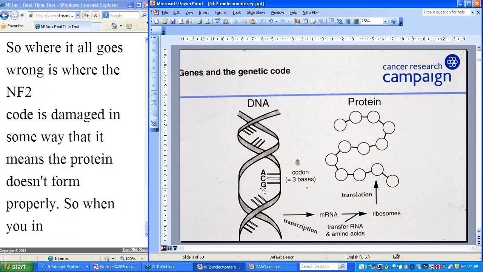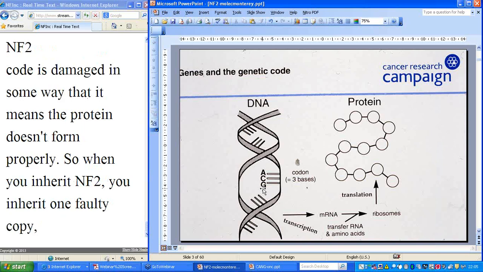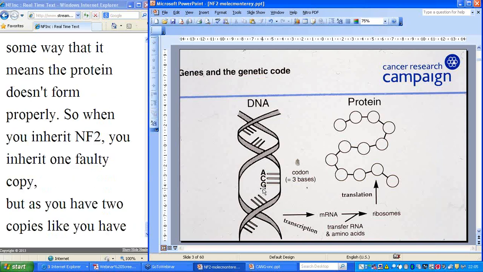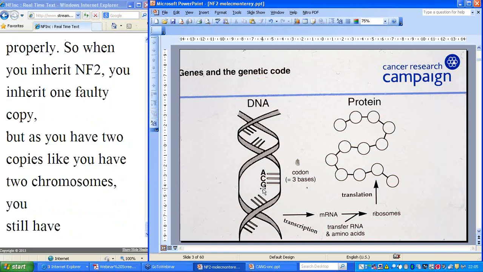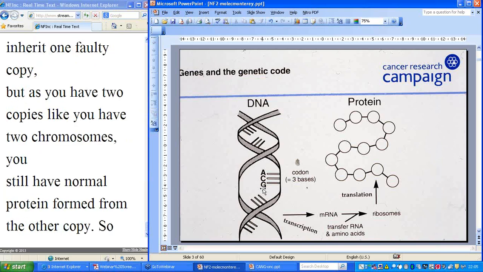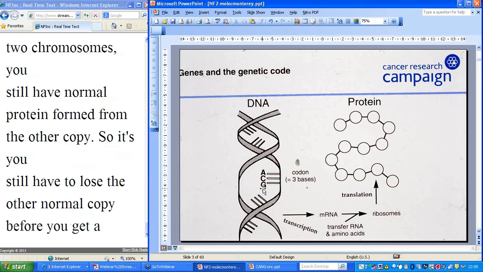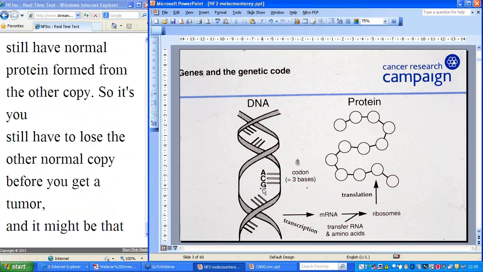So when you inherit NF2, you inherit one faulty copy, but as you have 2 copies, like you have 2 chromosomes, you still have normal protein formed from the other copy. So you still have to lose the other normal copy before you get a tumor. And it might be that you have to mess up